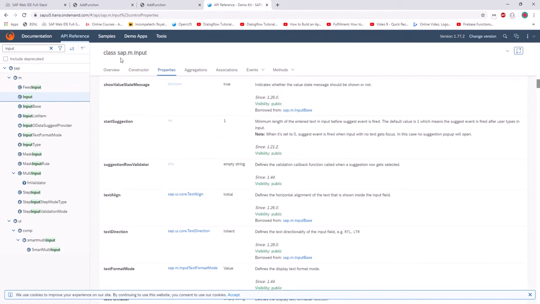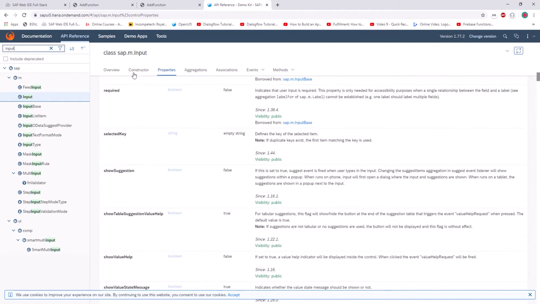And similarly, like SAPM, you can see that text and the button, all controllers have similar properties, aggregation, association, and event methods. So you need to know how to use them and where to use them based on your project requirement. You need to customize yourself. Okay,